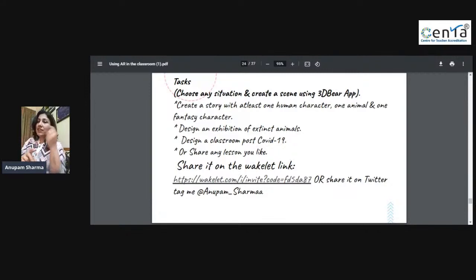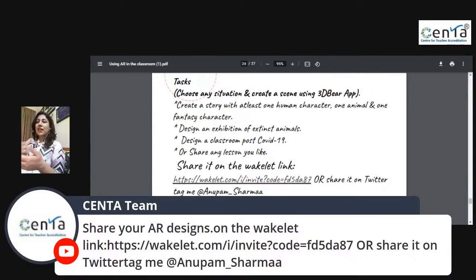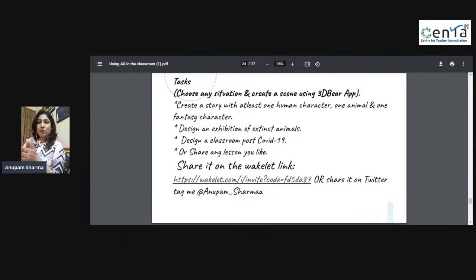And the next thing, design an exhibition of extinct animals. So extinct animals, dodo is extinct, dinosaurs are extinct. So you can ask students to design an exhibition. They can record their videos, or they can create their scenes and share pictures. Design a classroom